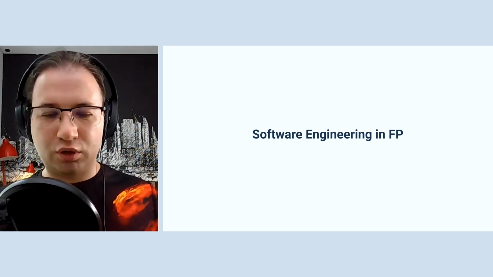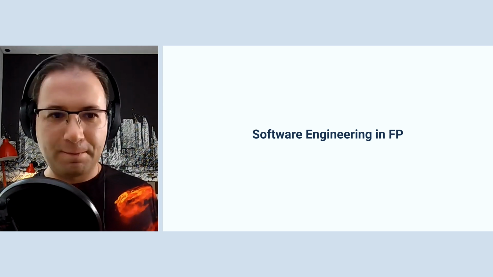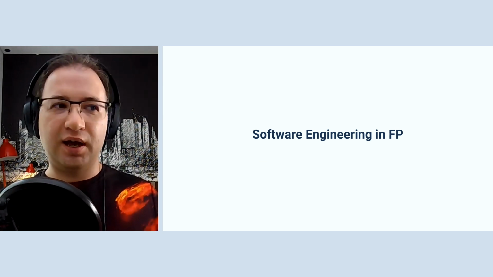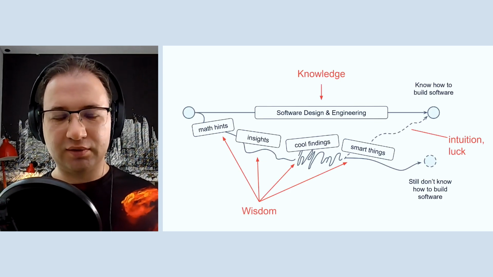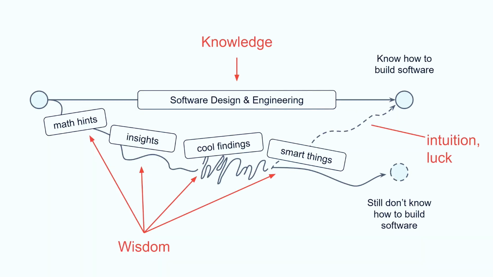Maybe I can quickly talk about software engineering in FP as I see it, because it doesn't represent a ready field and it's still evolving. First of all, I think we need a structured and systematic knowledge for that, for design, engineering, programming with functional programming. Sorry for the tautology. For now, we have many distinct ideas, approaches, maybe applications of some cool things that do not represent a discipline. You cannot take something and start writing software from end to end,